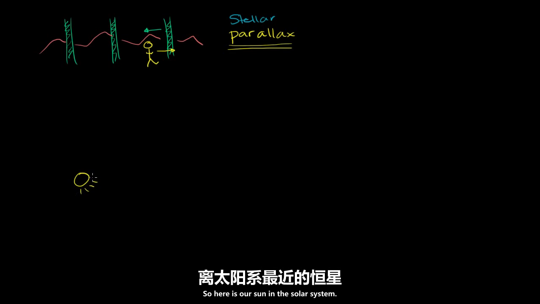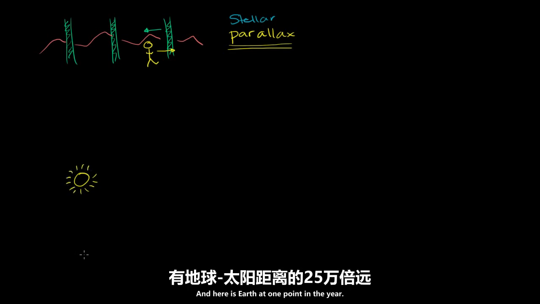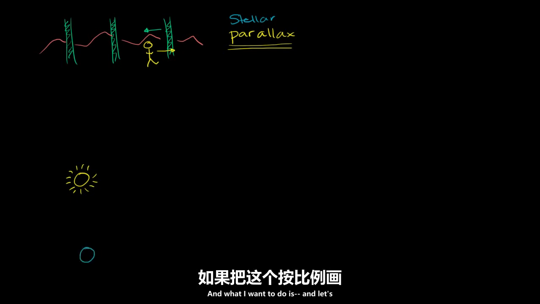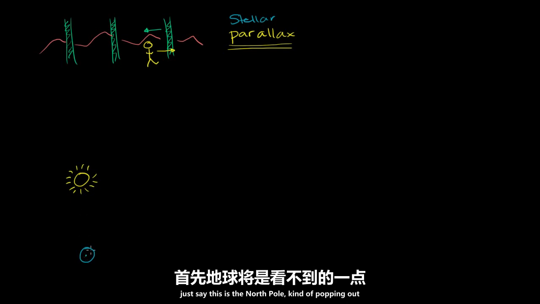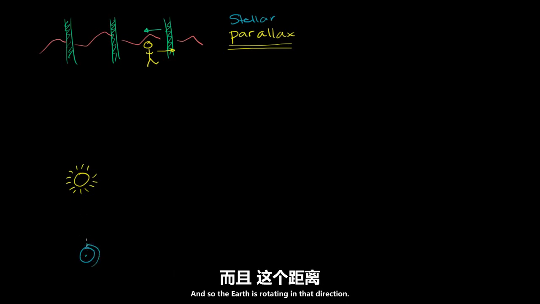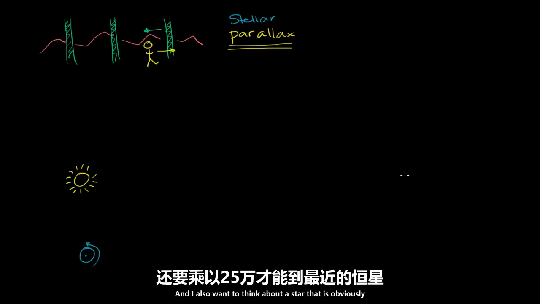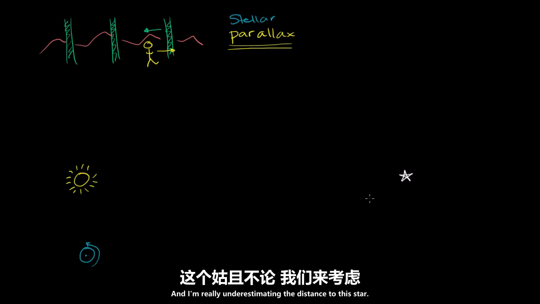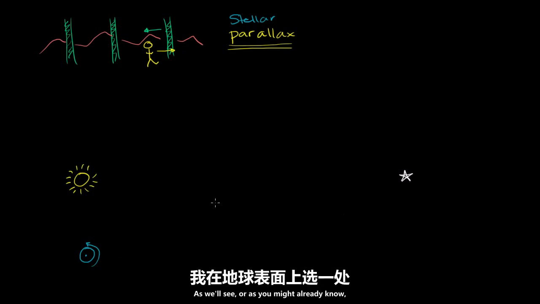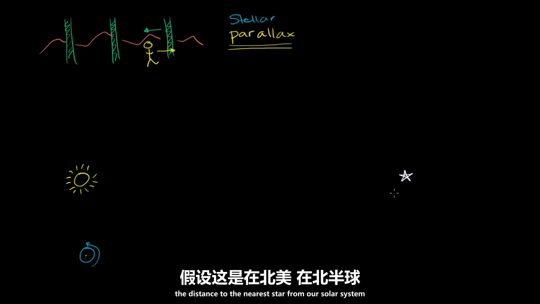So here is our sun in the solar system. And here is Earth at one point in the year. Let's just say this is the North Pole popping out of the screen here, and so the Earth is rotating in that direction. I also want to think about a star that is obviously outside of our solar system. And I'm really underestimating the distance to this star. As we'll see, or as you might already know, the distance to the nearest star from our solar system is